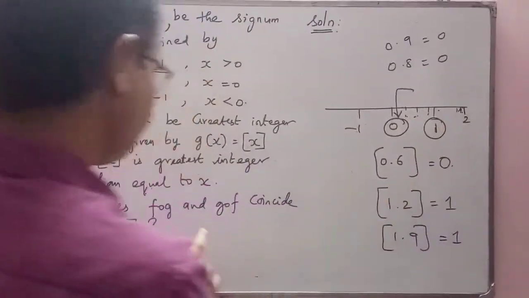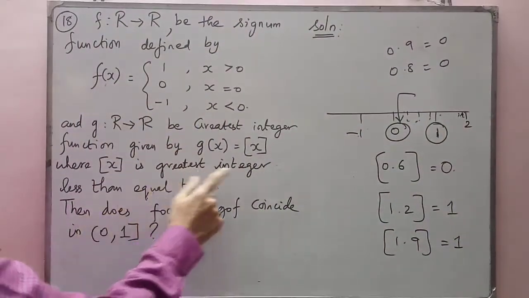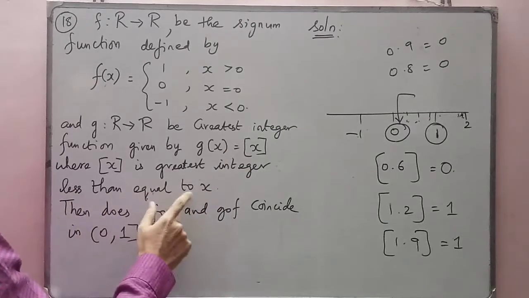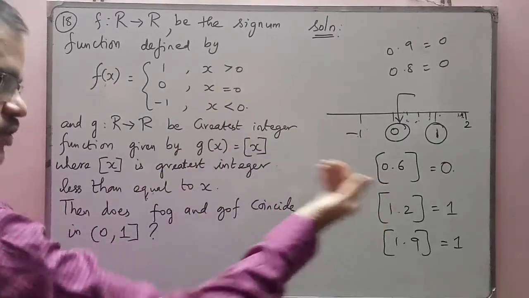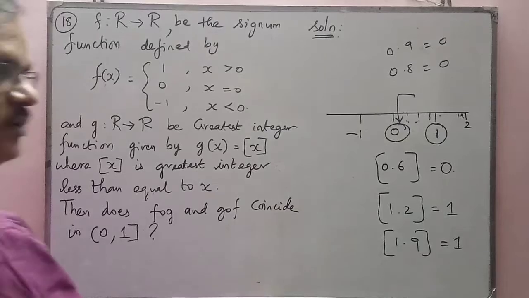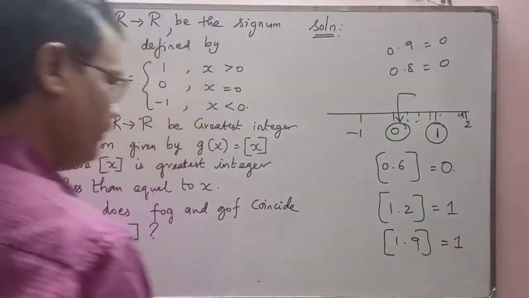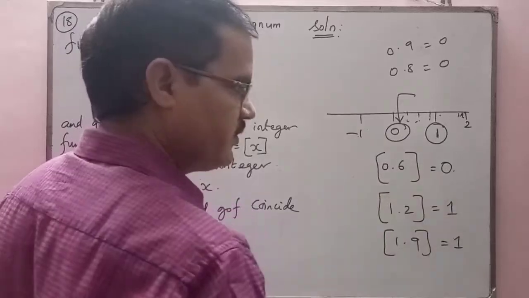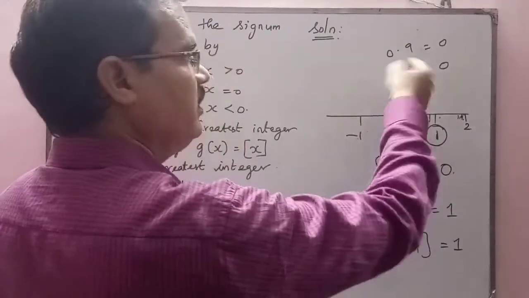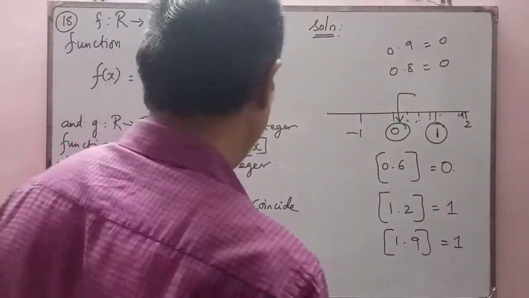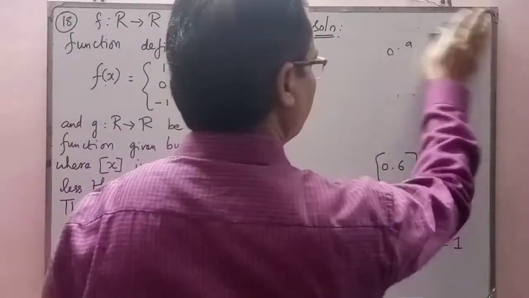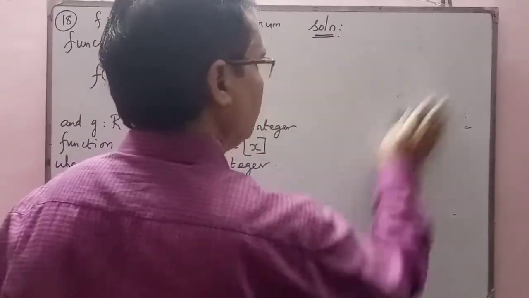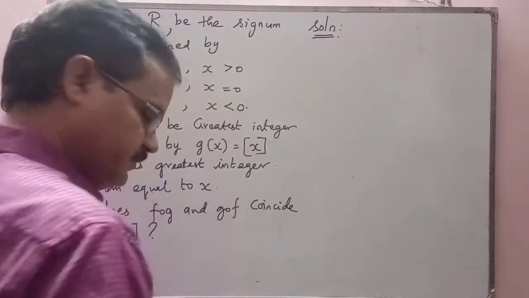It should be less than. That's what the explanation is given here. The greatest integer should be less than or equal to the x value. So whatever value you take, it should be less than. So 1 is less than 1.999. So that is the case. You should understand that. So 0.6 will return 0, 0.8 will also return the nearest integer you have. Okay, understanding this, we'll go for the solution of this question.